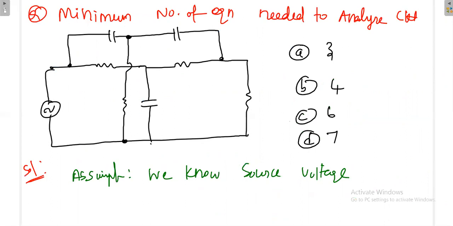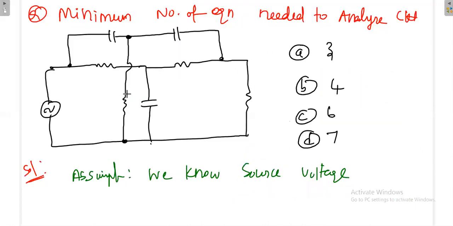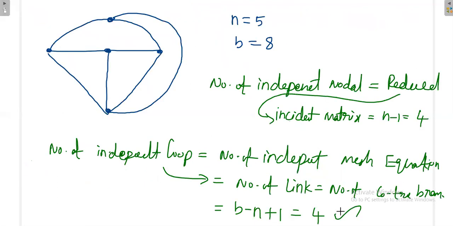If you want to apply loops, they are telling you to apply loops, and that is correct. Suppose for a moment you forget about this resistance. If this resistance is not there, I apply one loop here, another loop here, and another loop here. We need only 3 loops. But if the resistance is there, we have to form one more loop. So we need 4 fundamental loop equations.